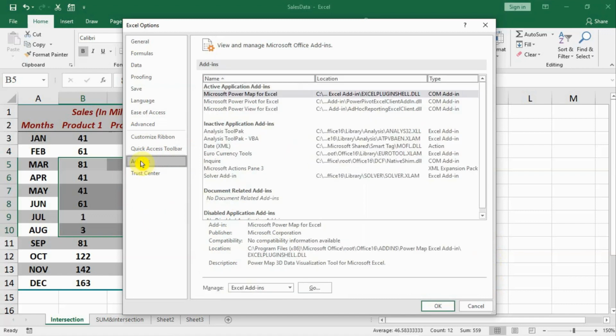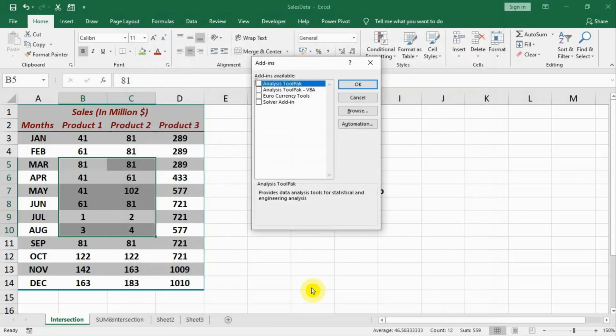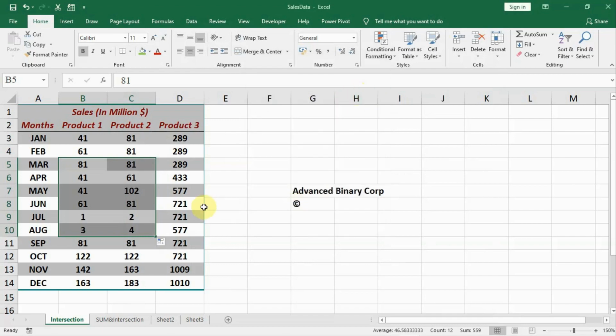Now, Add-ins is there. Add-ins is one of the most important options that we are going to use in a future lecture in the advanced section, where we have to enable add-ins from here. When we click Go and select the quick analysis toolbar and Solver and all those things, then we are going to use them. For the time being we will cancel it, and we are not going to use it. Thank you.